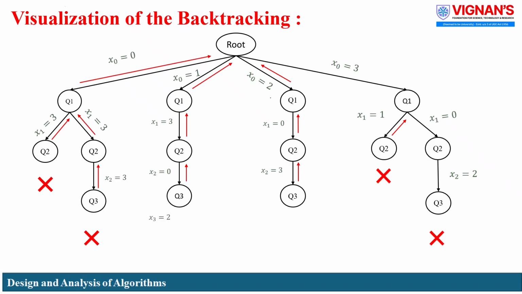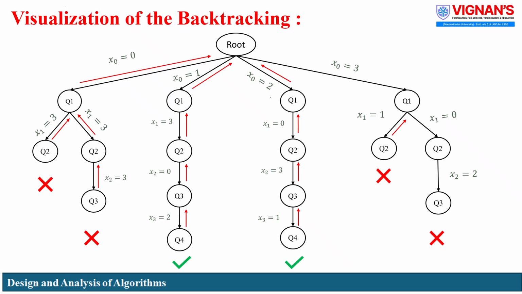At the fourth level, nodes labeled Q4 represent the placement of the fourth queen in row 3. In the branch starting with x equals 1, Q4 is placed in column 2, resulting in a complete and valid solution. In the branch starting with x equals 2, Q4 is placed in column 1, yielding another valid solution. Nodes marked with a check symbol indicate successful solutions where all 4 queens are placed safely. Nodes marked with a cross symbol represent dead ends, where no further safe placements are possible.